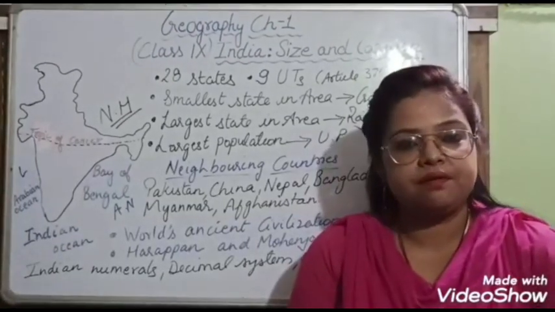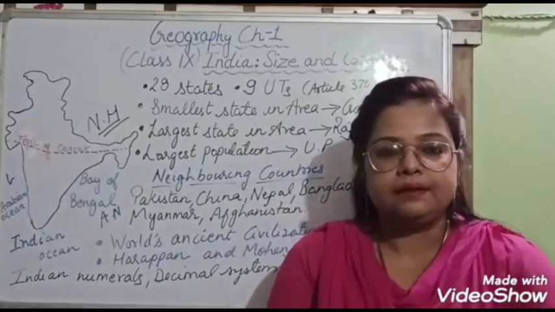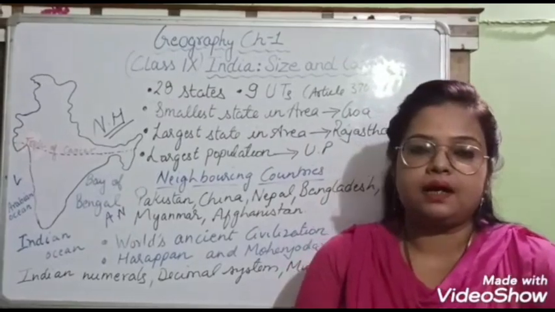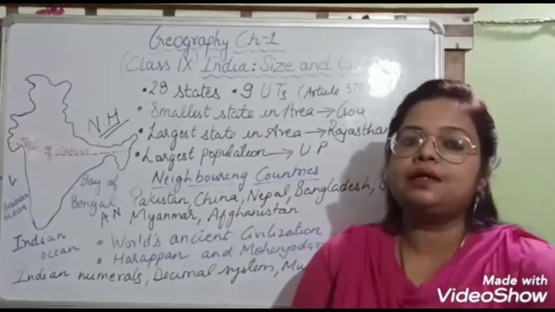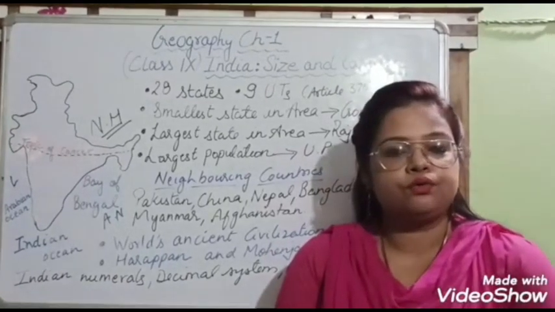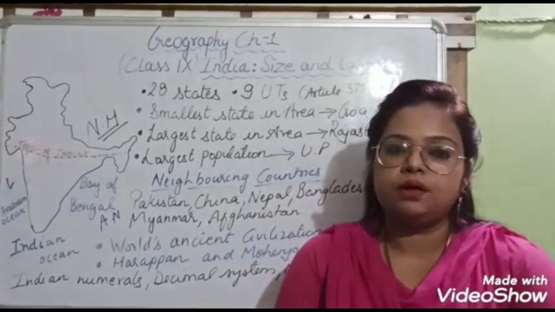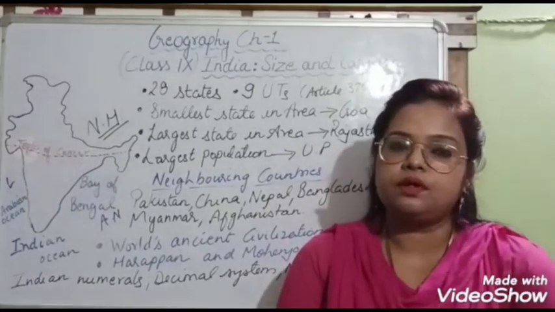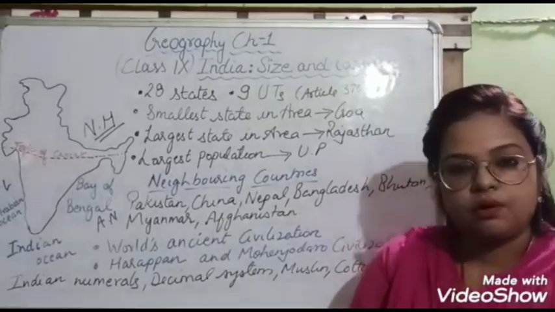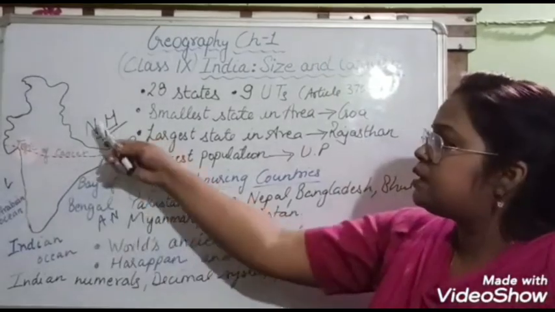So children, in the previous part I told you about the location of India in the world, what the latitudes, important longitudes and heat zones are, and what the climatic condition of India was and why, and I explained everything through diagrams. I also told you the important points that were responsible for the location and size of India. Now children, there are some more points regarding our country.